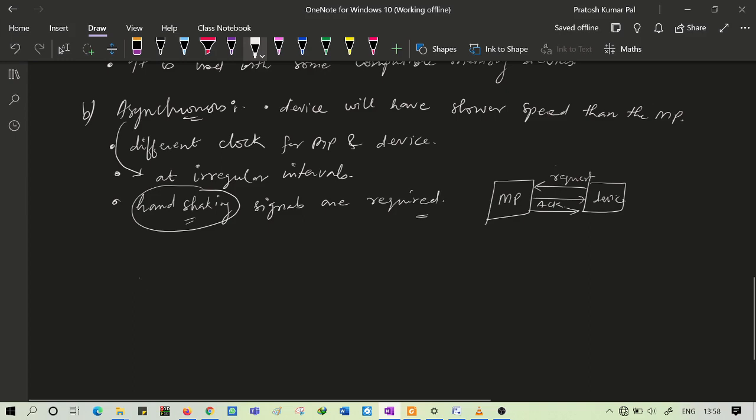Okay, the second type of data transfer is interrupt driven input output data transfer.